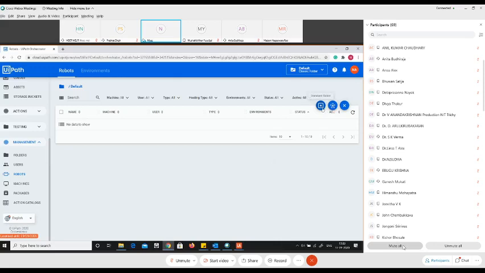Now the difference also remains the same over here. Say for example, you create a standard robot. That means your robot will be only connected to the UiPath orchestrator. Say for example, you create a floating robot. So you have multiple machines. So what you can do is multiple robots, as in one robot at a time, multiple robots can connect to your orchestrator portal. So that's the difference between the standard and the floating robot. In our case, we'll go ahead and create a standard robot.